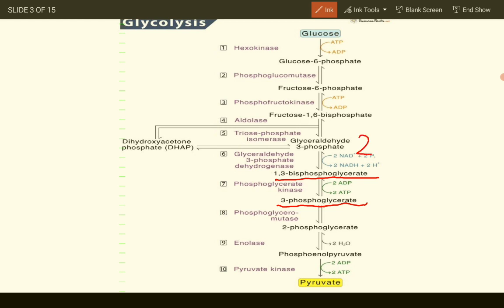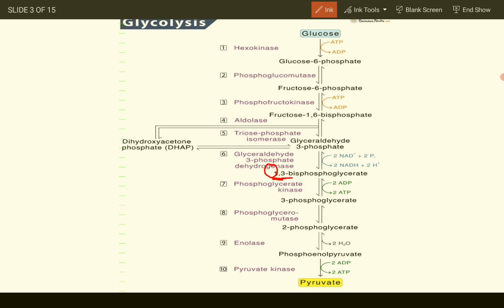Now again there were two glyceraldehyde 3-phosphate molecules, so from here all the molecules are 2 in number. Two 1,3-bisphosphoglycerate are made and then two 3-phosphoglycerate molecules will be formed by the enzyme phosphoglycerate kinase. Again here is a kinase, which means phosphorylation is taking place, right? As you can see from the name, there were two phosphates in these molecules, but one of the phosphates